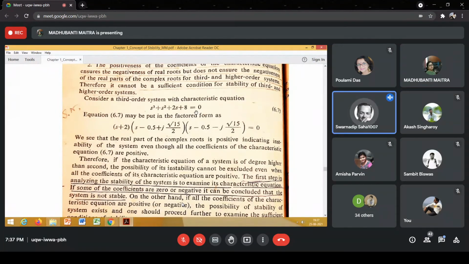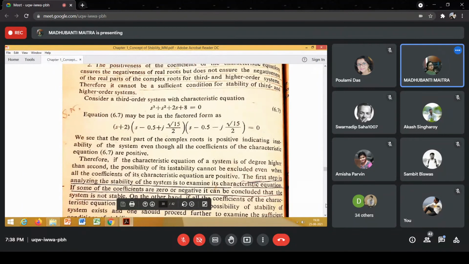Yes, ma'am, it is valid. How many sign changes? Two sign changes. So two sign changes, and since we have solved for the roots, we can find that yes, two complex conjugate root pairs are lying in the right half of the S plane, right? So we have validated the Routh stability criterion for this system.